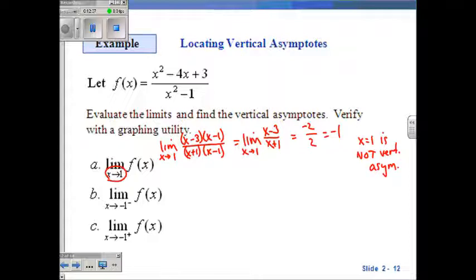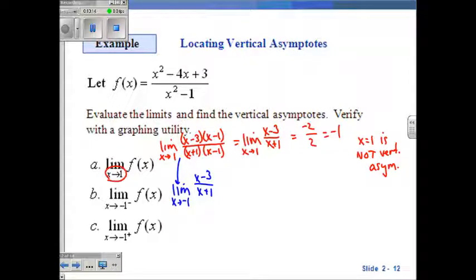Okay, so now let's look at the limit as x approaches negative 1. Again, at negative 1, you see the denominator is still going to be 0. The difference is at negative 1, we don't have that common factor of x plus 1. So that's not going to go away when we try to take the limit. So first thing I want to do is look at this same limit, and I'm going to go ahead and reduce it down, because if x is negative 1, I can get rid of the x minus 1s because they're not 0 in that case. So I'm going to look at the expression x minus 3 over x plus 1 as x approaches negative 1